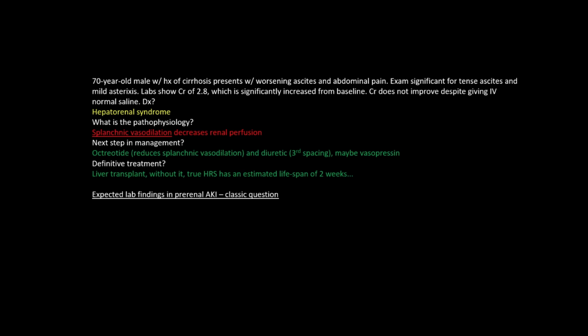So I added this in, kind of out of nowhere in this slide. Expected lab findings in pre-renal AKI. I needed a place to throw this, and I wonder if I meant to put it on the other slide. But a classic question is what you're expecting on your labs. So a BUN to creatinine ratio in pre-renal disease, Mike. What would that look like? Greater than 20. I would say this only gets tested on the exams and in real life has very little,